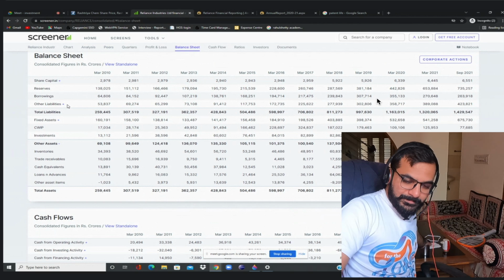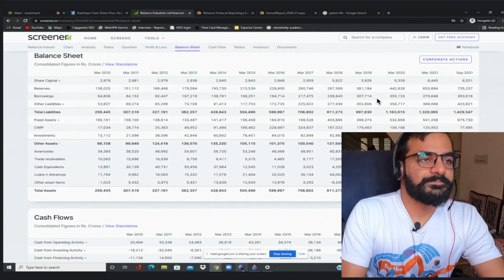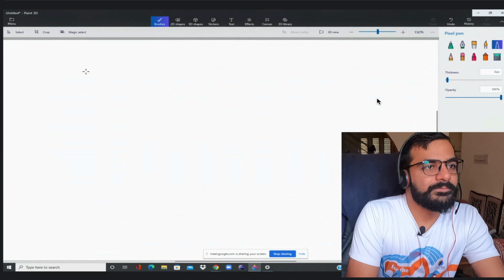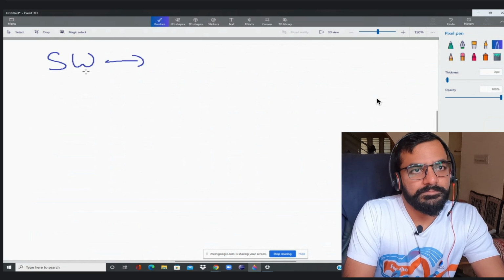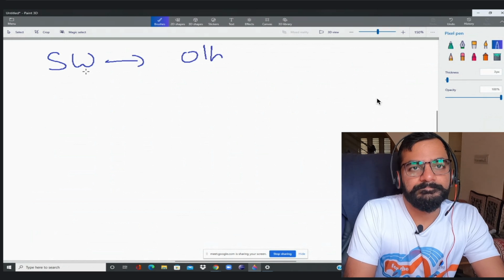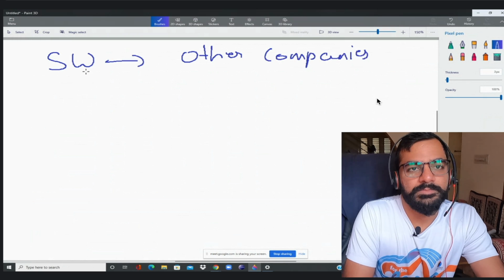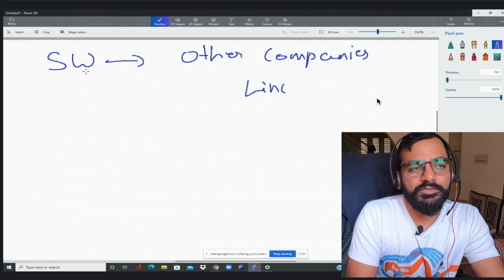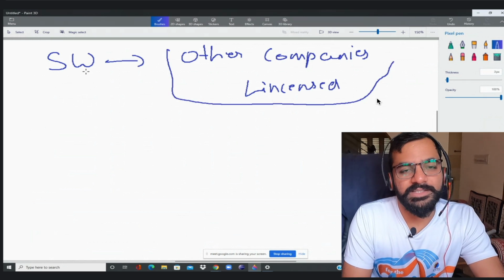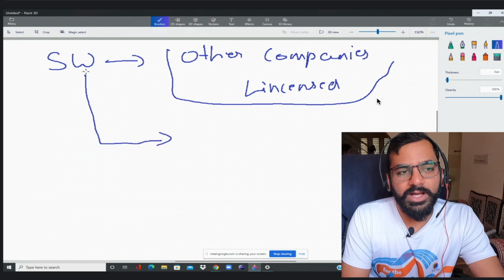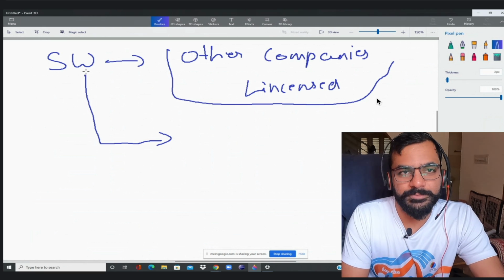So I can repeat, yes. So we say that there is a software for other companies. For other companies, it is licensed. I'm saying you have a company, you have made a software for other companies, you'll keep it licensed. For your own company, will you keep it licensed? Licensed as in, will you ask the company, as in your employees, to pay for it?